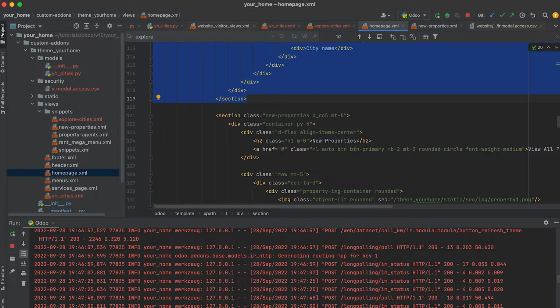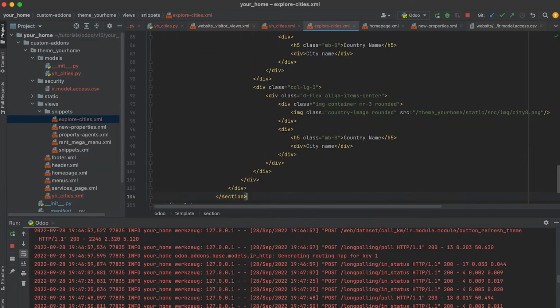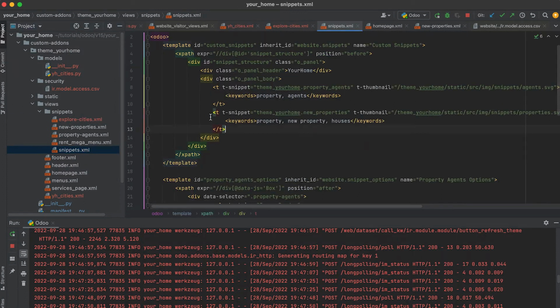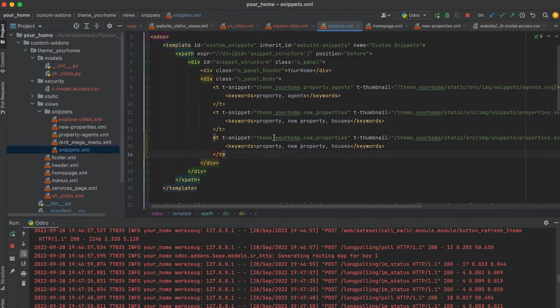Let's copy the entire code and fix the indentation. Of course, don't forget to add it in our snippets so that it will show. Let's just duplicate that and it will be explore cities,